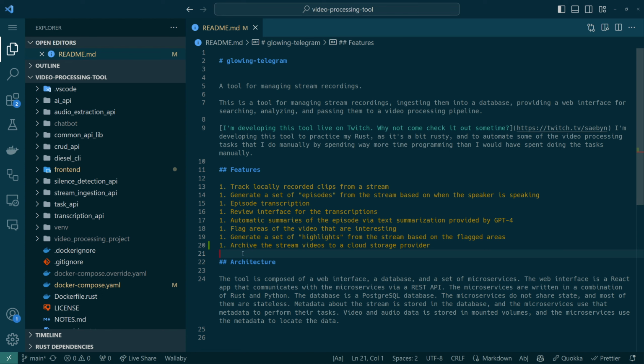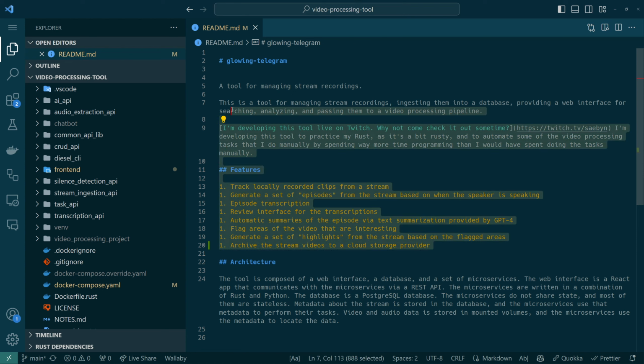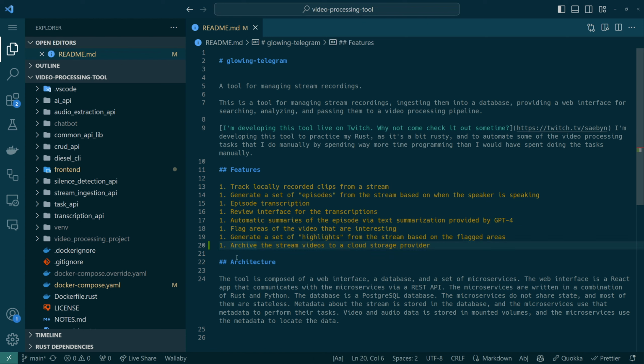In the past, I've just deleted local recordings after a while, but I want to automate something as part of this tool that will archive them to maybe S3 Glacier or something really low cost to store video files in the long term, which could eventually be retrieved if desired,